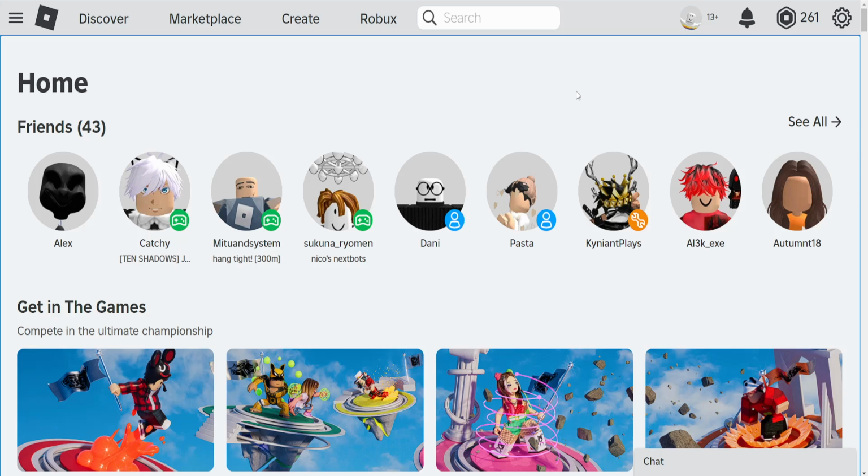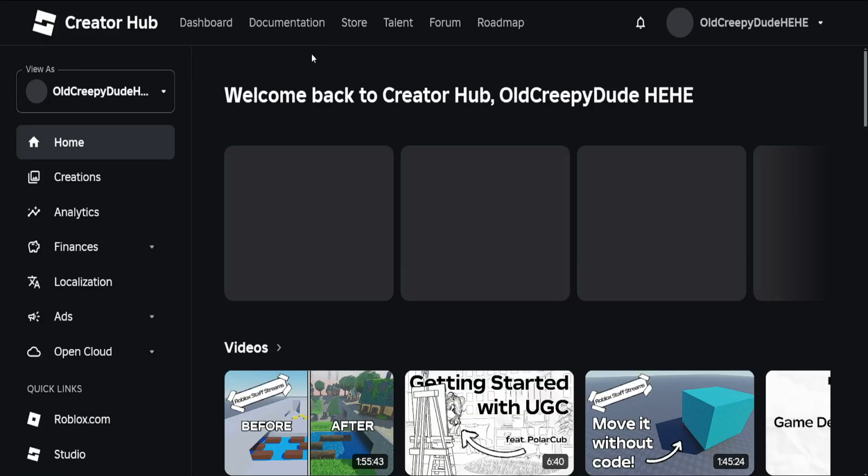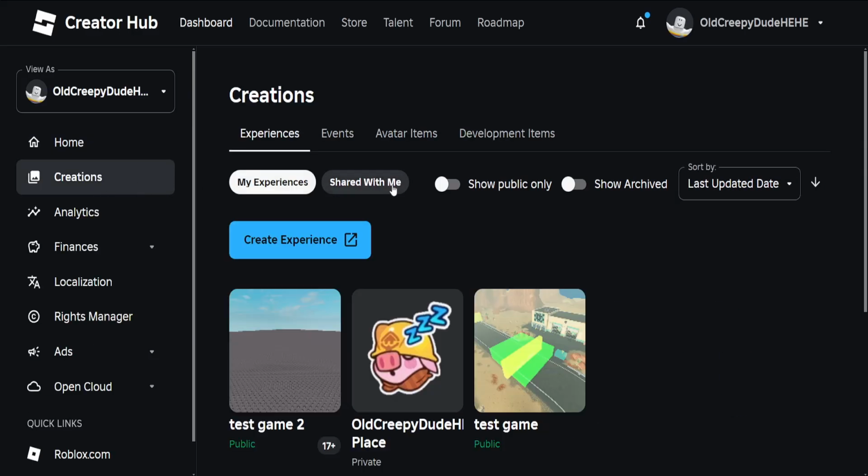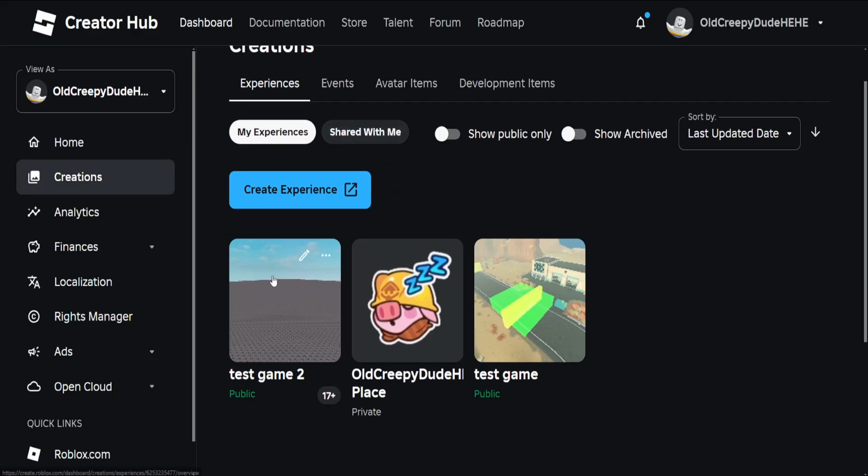Okay, here's how you can create badges for your Roblox game. The first thing that we need to do is load up the Roblox website, then click on create here at the top. Now here we will go into creations, find the game for which we will create a badge,